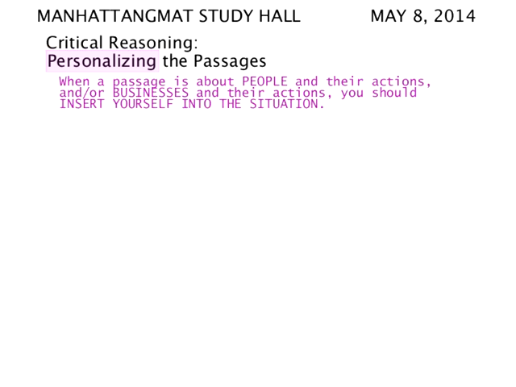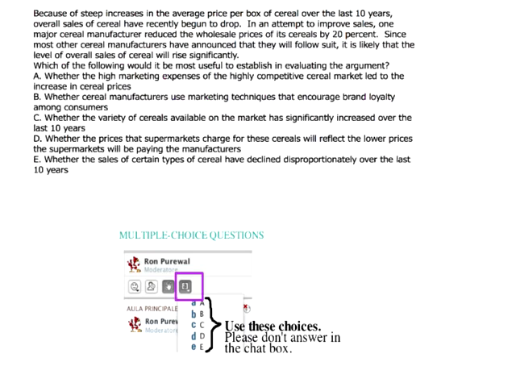Think of examples. If you do taxes for yourself, the tax code seems very complicated and intimidating to an outsider, but if you're the one doing the taxes, it's a lot easier to understand how all those deductions interact with each other and how the numbers play, because they're your numbers. It just makes more sense to you because it's you. So let's talk about this. When we talk about personalizing the passages,